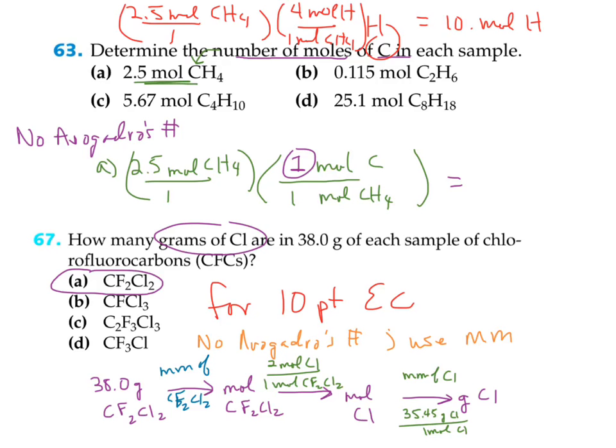Can we set that one up so we see what it looks like working it out? Well, not in class. You can come by my office, because I don't want to take the time to knock out the molar mass of CF2Cl2. That's 85.46. Okay. So 38.0 grams